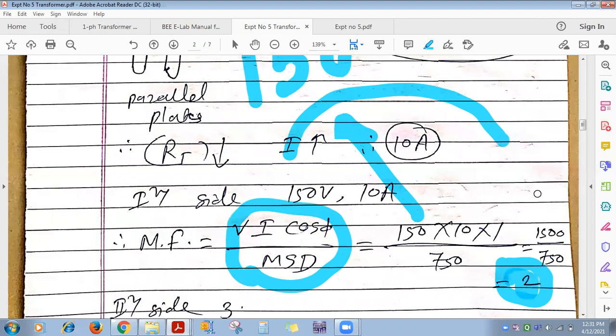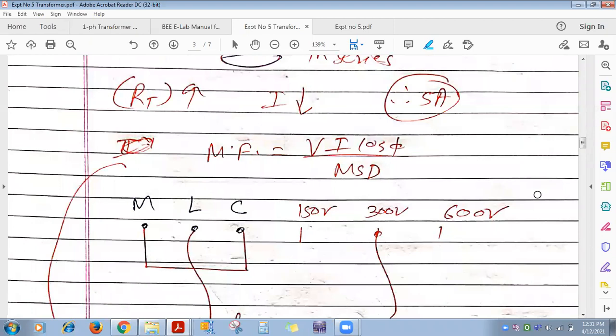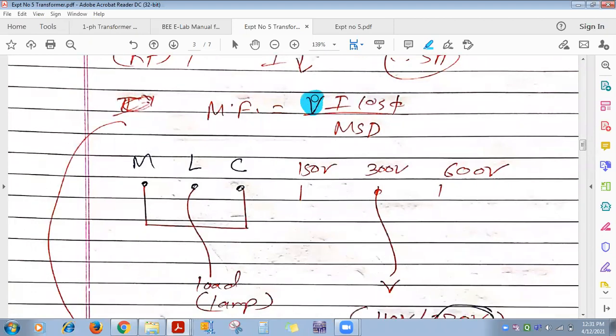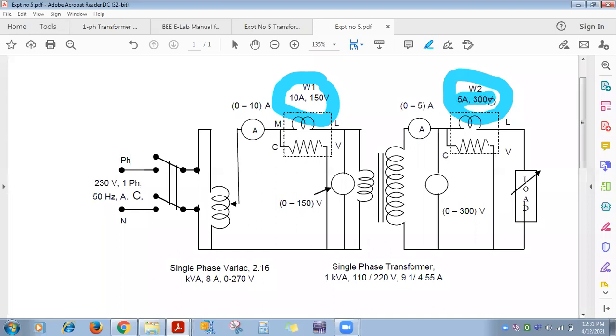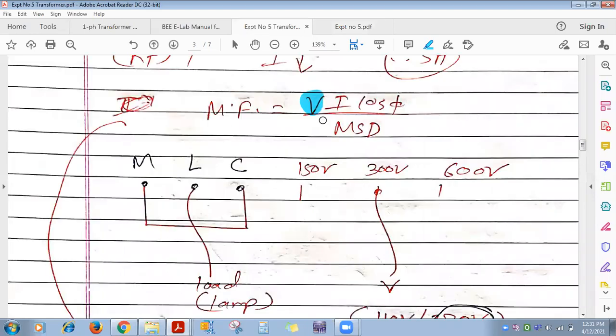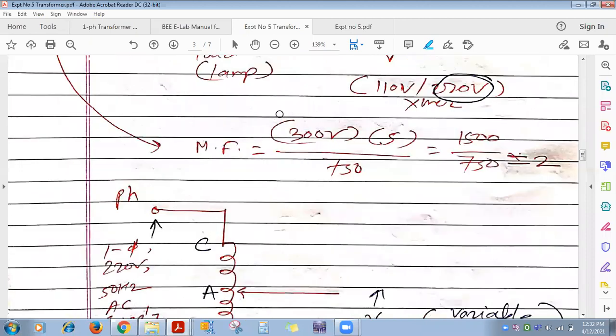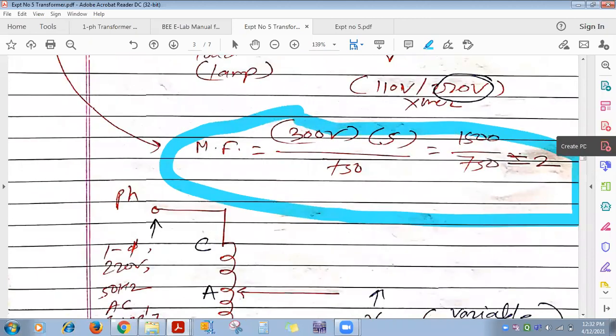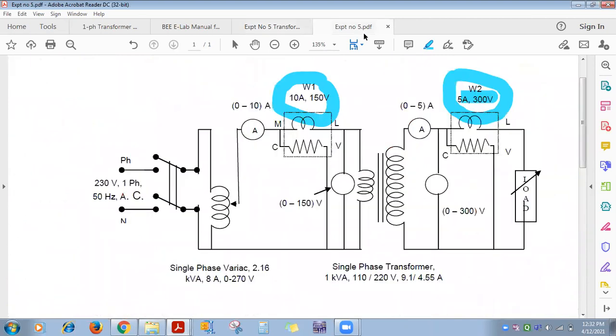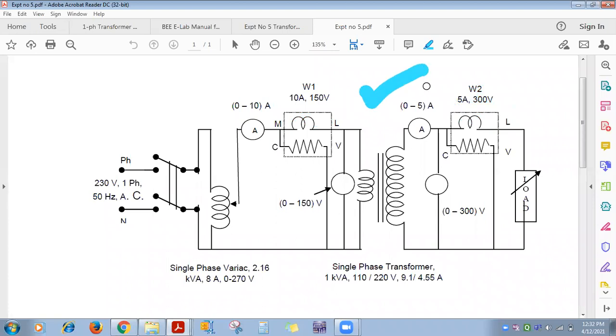The same is the thing for the second wattmeter. See, what is the V range? 300, given in the circuit diagram. See here, 300 volt, 5 ampere, cos phi is 1, and the full scale deflection, maximum scale deflection, for this wattmeter is also 750. So the same thing: for this also the multiplying factor is 2. That means if the pointer is on 200, the reading is 200 into 2, that is 400. Okay. So this is about the wattmeter and how to calculate the efficiency. The rest of this method we'll see in the next lecture.